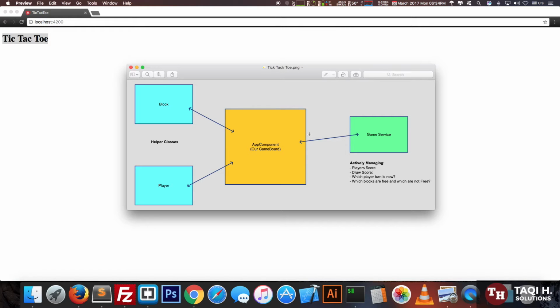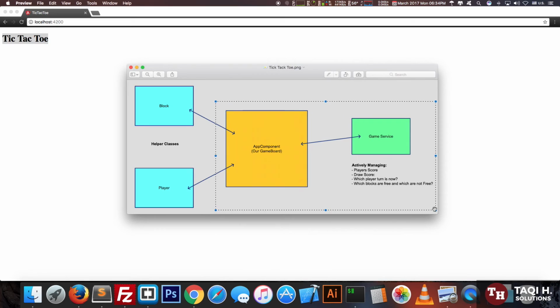Now, how our application will look like. This is a mock-up of how our application will work. Our application will consist of a single component named app component, which will act as our game board. It will have 9 blocks and 2 players. Each block will be handled by a helper class called block, and each player will have a helper class called player. And our game board will actively connect with our game service, which will help us manage players' score, draw score,